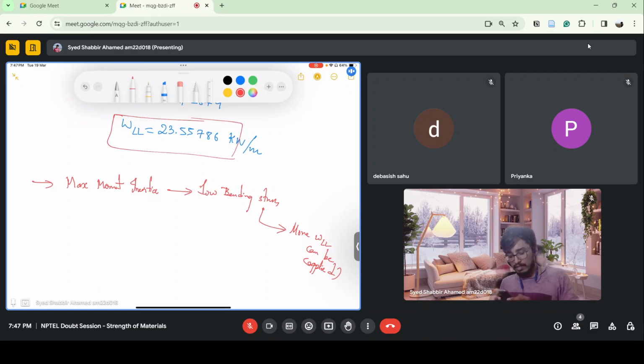So whatever we have learned in this week is only applicable for beams having cross section with a vertical plane of symmetry. So